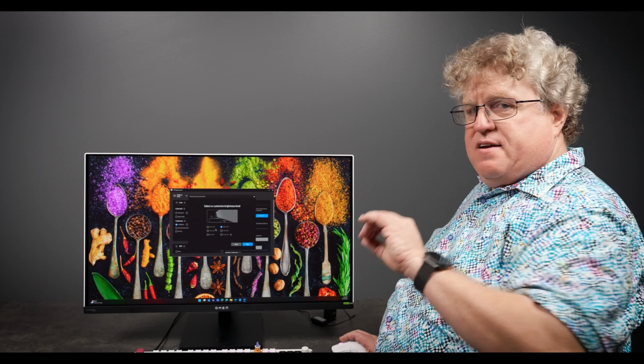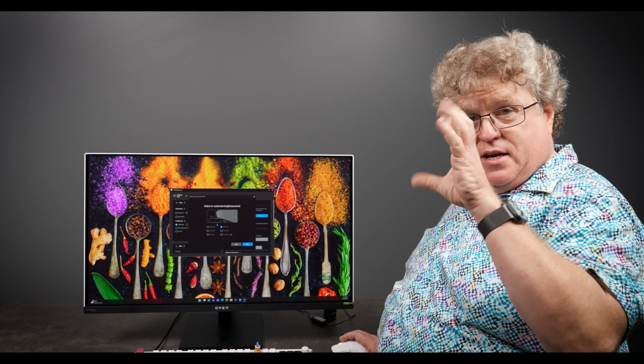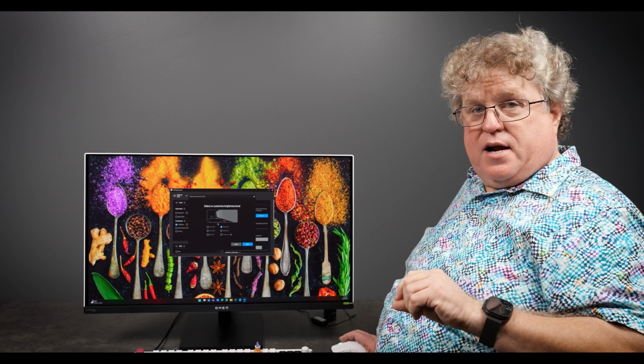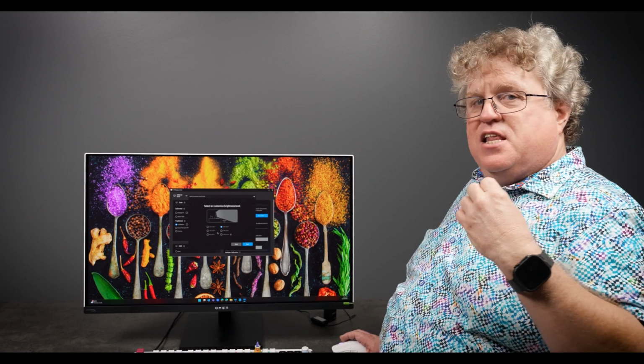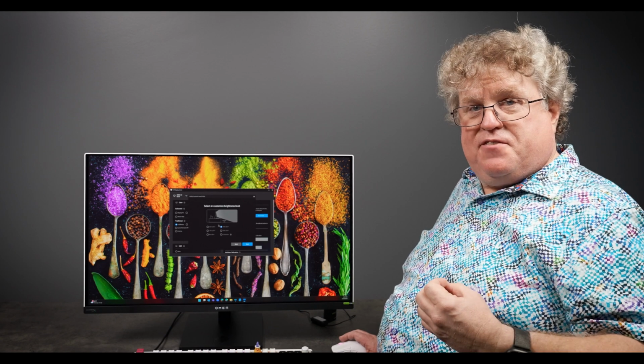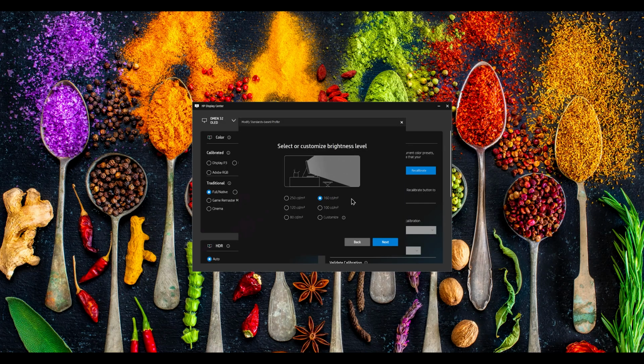If it is too bright relative to the surround, your eyes are going to be irising up and down as your eyes drift between the monitor and the surround, and it will cause eye fatigue. In fact, it is the #1 cause of eye fatigue for people working on their monitor is their monitor's too darn bright. In this case, because I'm in dim lighting, I want to use a 100 nit brightness because that's the target reference if I'm working in a dim environment. And it also matches a 2.4 gamma, which is what I said earlier.